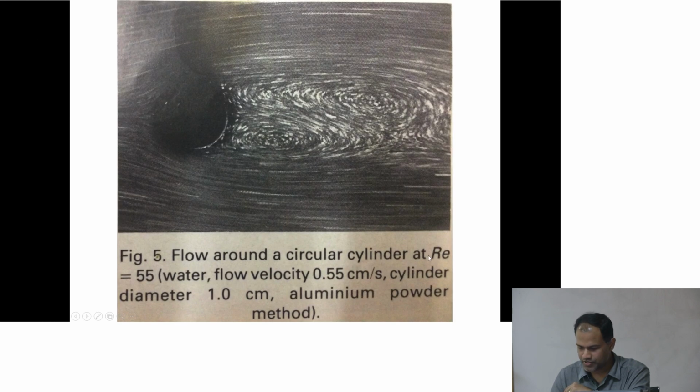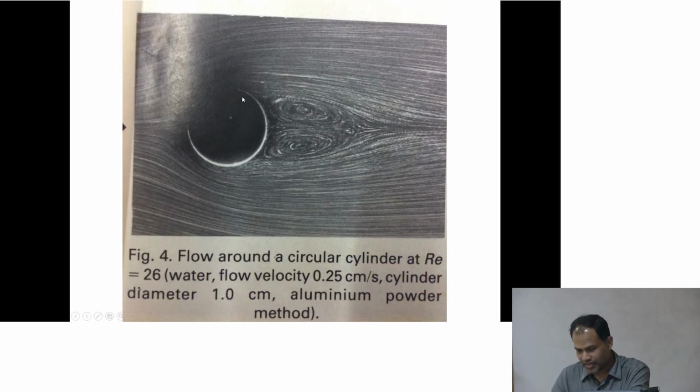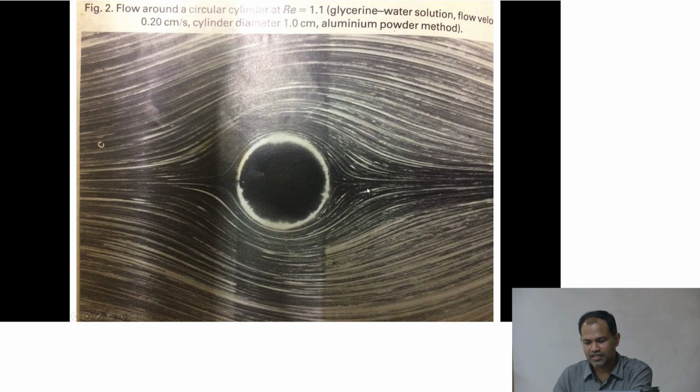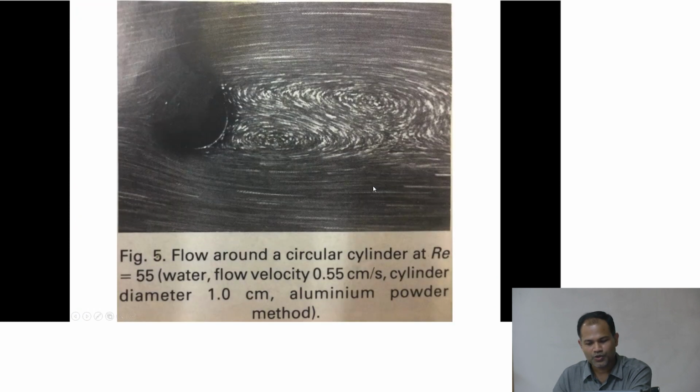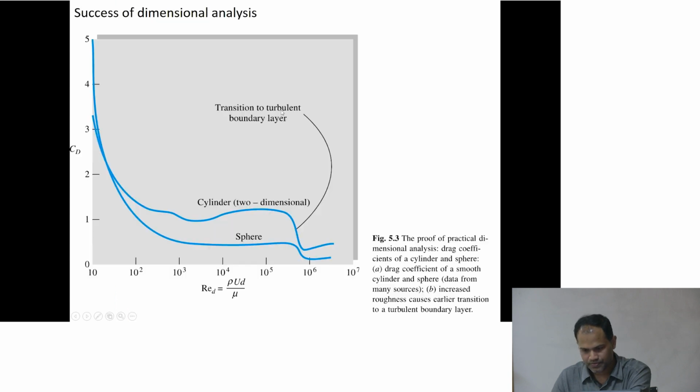And if you increase the Reynolds number further, which is 55, these vortices will actually dislodge from the cylinder, and then it will actually start going away. Okay, so this is some picture of that, and you can see that initially when flow was very neat, there was nothing that you were losing. But now you basically have a large region with lots of vortices, a very circulating region, and you are going to lose a lot of energy because of this particular process. Yeah, so that's what flow past an object would look like.